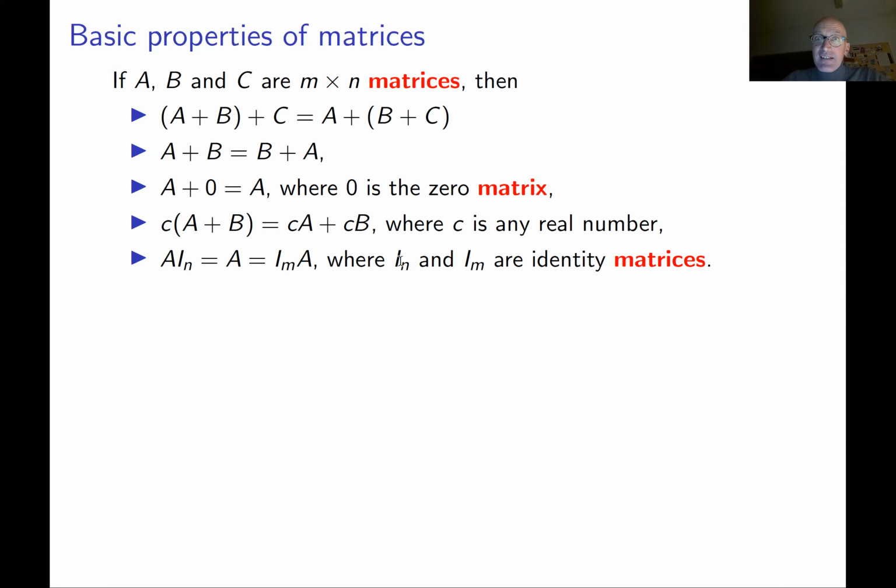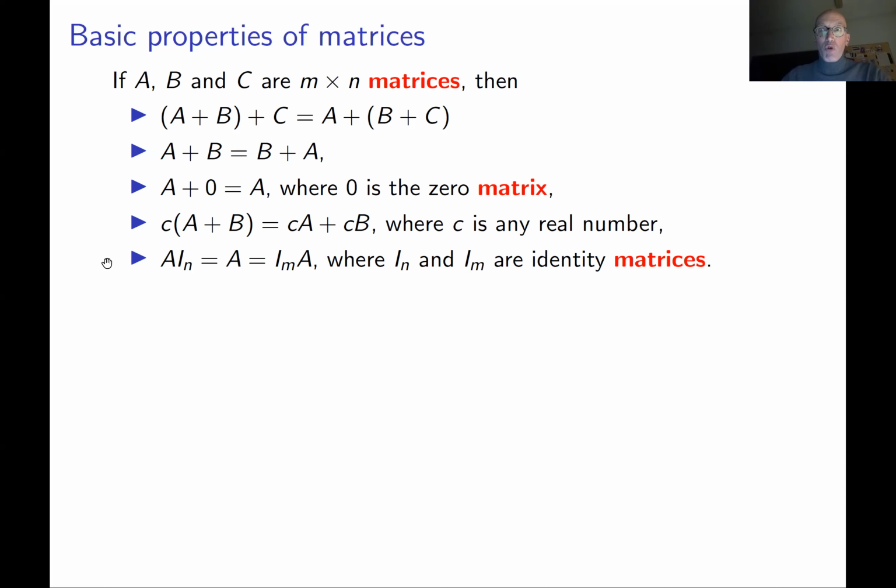This means that the identity matrix behaves very similarly to 1 in real numbers. So if you multiply 5 by 1, you get 5. If you multiply 6 by 1, you get 6. This property becomes especially important if m equals n. If m equals n, then you can shortcut it: AI equals IA equals A. Okay, so far so good.